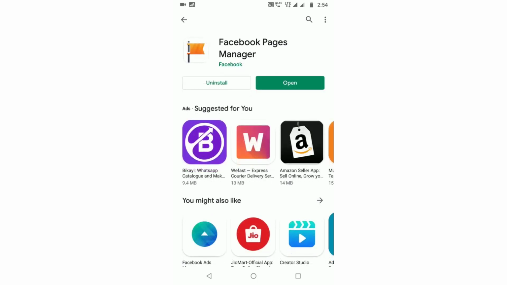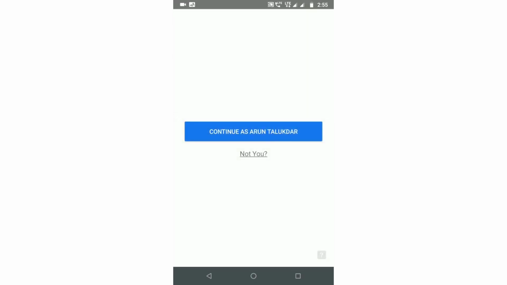Okay, so the installation is completed now and ready for use. I'm going to click on open. Now, as I have already installed the main Facebook Android application on my mobile device, it suggests that I can use the same profile to log in to the Facebook Page Manager app, which is correct. So if I click on that,